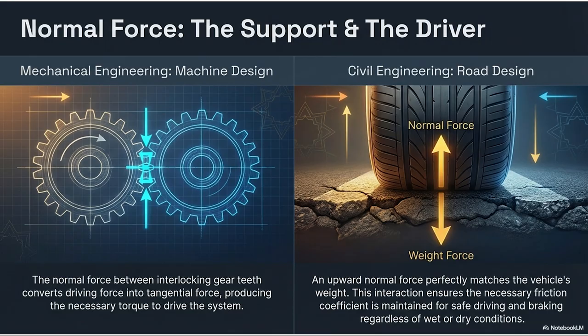In physics and mathematics, the word normal does not mean ordinary or mundane. Good to know. It actually has a very strict geometric definition. Normal means perpendicular. Ah, perpendicular, meaning it intersects at a 90-degree angle. Precisely. The normal force is the force exerted by a surface pushing back against an object that is pressing into it. And it always acts exactly perpendicular to that surface.